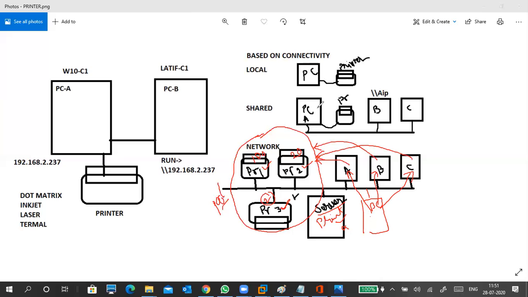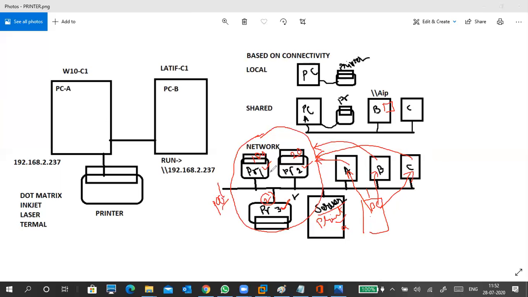In a normal shared printer, we have to tell our clients, or maybe the admin has to go to each and every PC and configure the printer on the network. The shared printer should be configured, right? In a network printer also, we should go to each and every PC and configure the network printer. But in a domain environment, administrative tasks become easier. Simply create a group policy for the printer deployment and give it to everyone, so then everyone will get the printer. We'll see this in a practical manner.